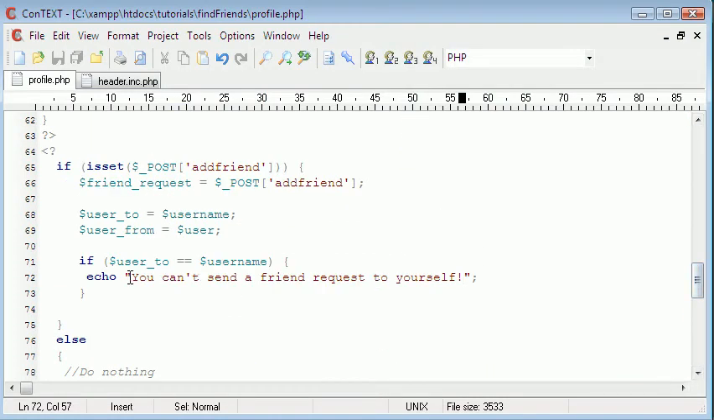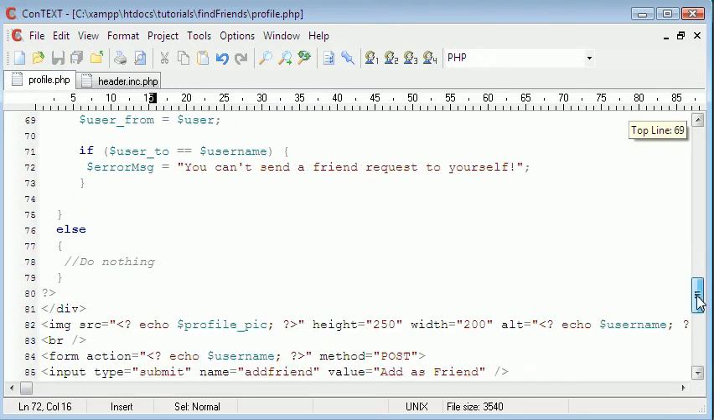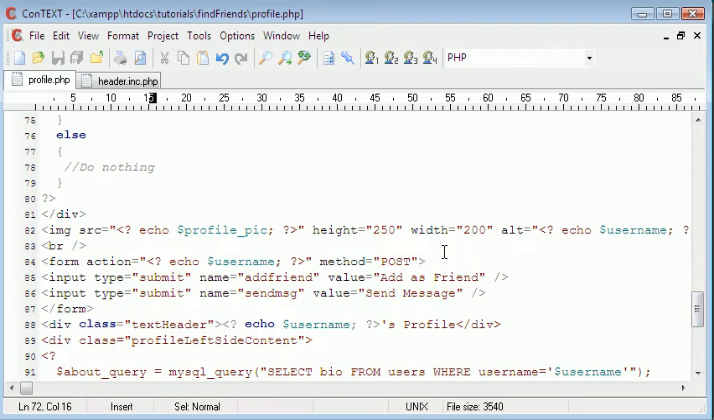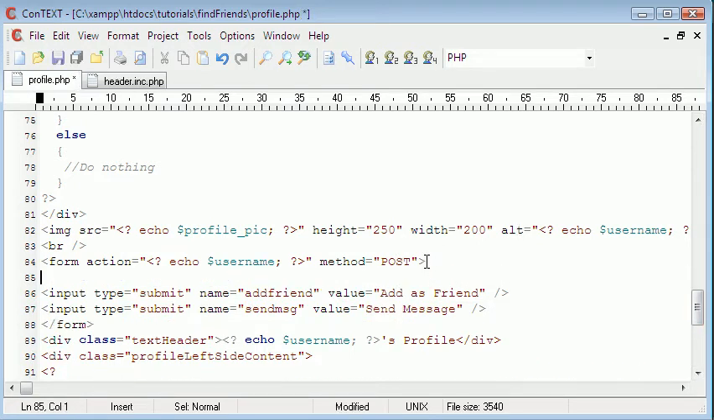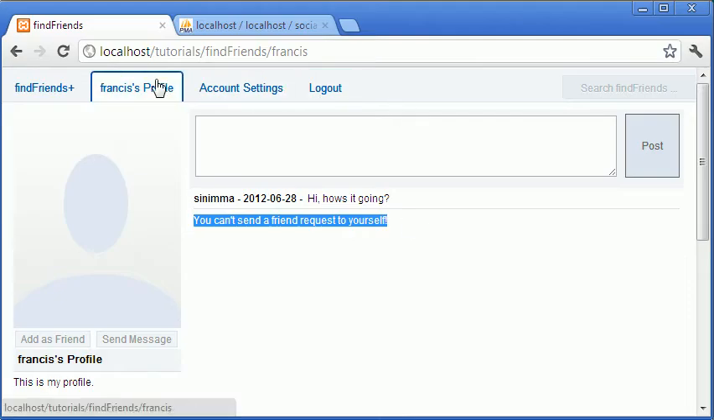Right, so actually I'm just gonna keep it neater, and I'm just gonna create a variable called error message. So then we can just go in here, and we can just say echo error message. So now whenever I refresh, okay,